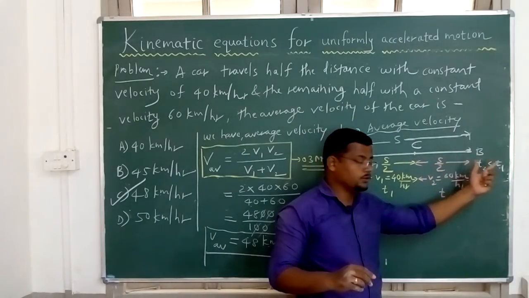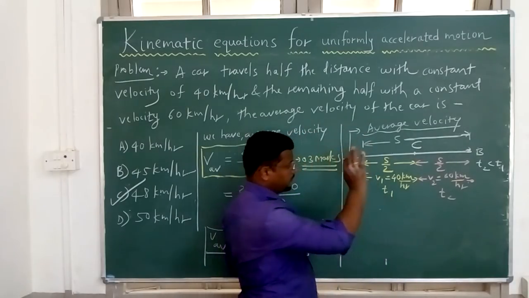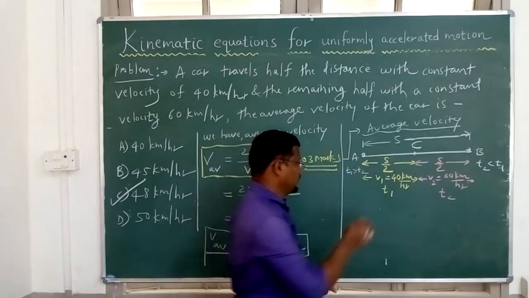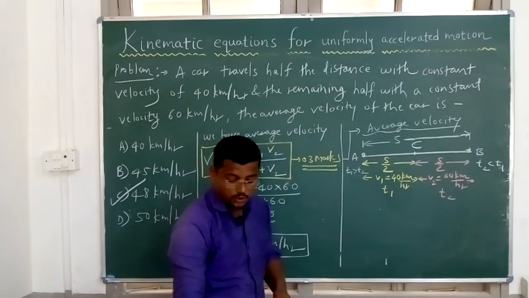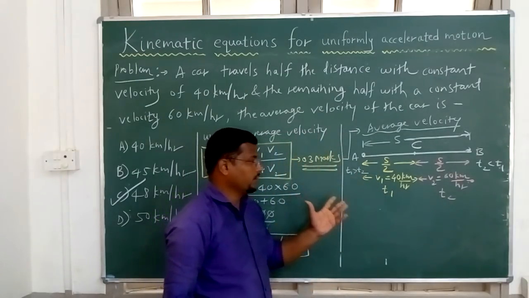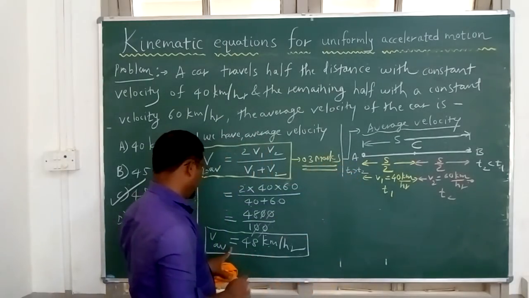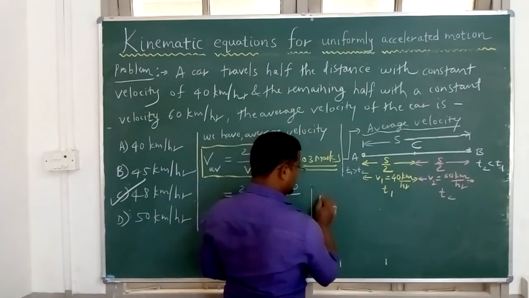So I have written here T2 is less than T1, or I can say T1 is greater than T2. Now you should not care about the numbers, we just know the displacement covered is the same. Now I will apply the average speed or average velocity formula, and I will prove how this is going to become equal to this here.